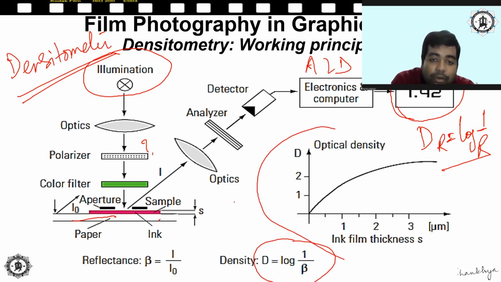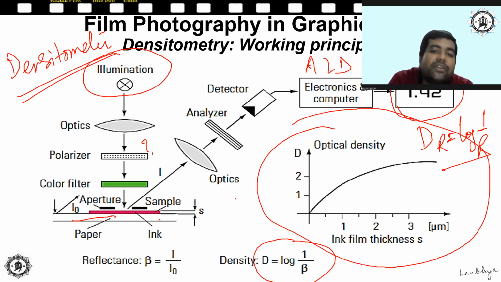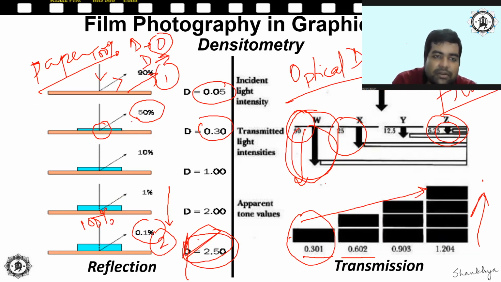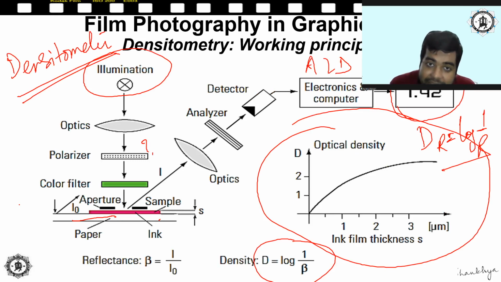Now there is another very important image or plot given over here. Normally we understand from this image that when there is a progressive increase in the ink film thickness, so here you see the ink film from this to this has increased to a great extent, right? With the progressive increase of the ink film layer, the optical density increases. Why? Because with the increasing film density, a greater amount of light is going to get absorbed. So density will increase. But there is a very interesting segue that I want to make over here.